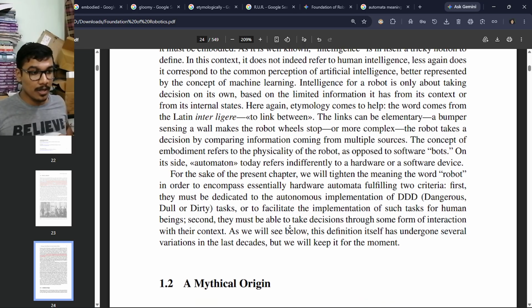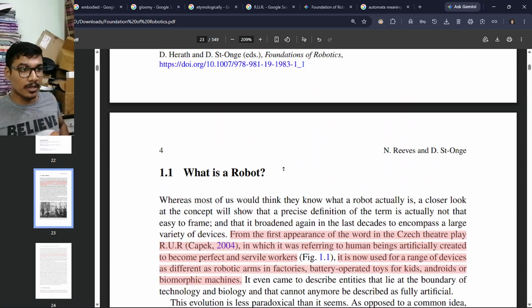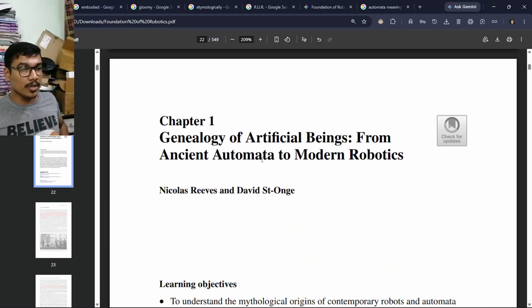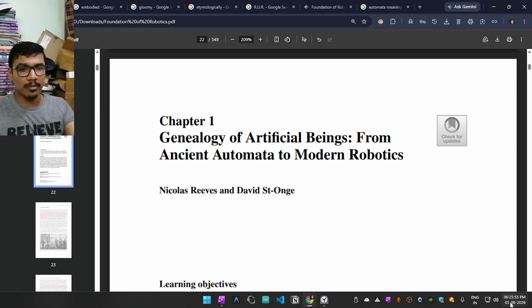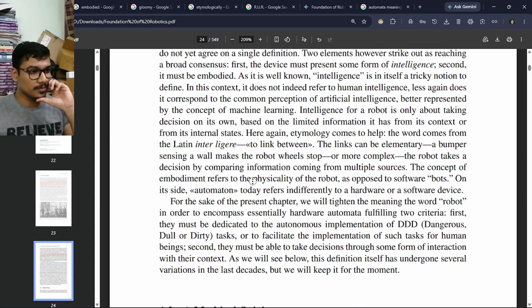Okay. The mythical origin. Wait, I just need to make sure that I'm not exceeding 10 pages because that's what my goal is. So this page is 22. We are supposed to go till 32. You know that my daily goal is to read about 5 to 10 pages. I'll start with five initially as of today only because today I don't have much time left. But anyways,